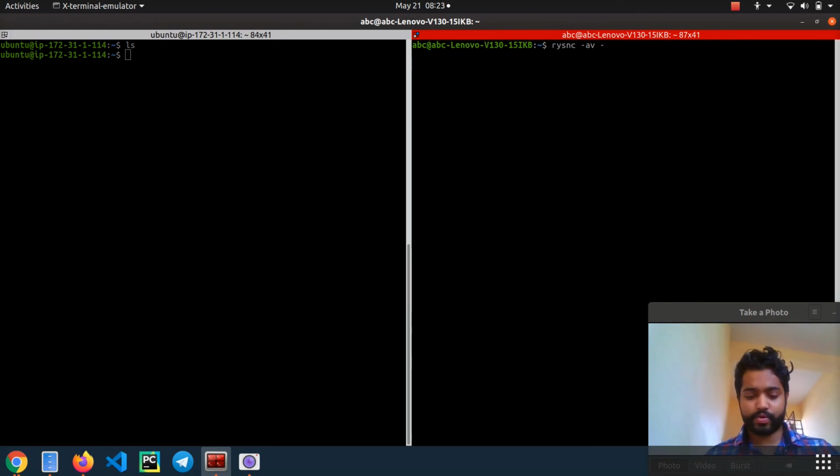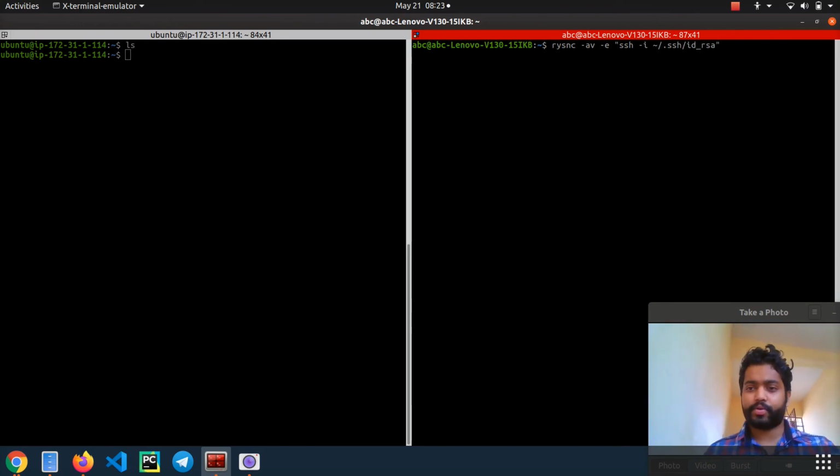And if you want to mention your SSH key, guys, you'll have to include this -e option, then ssh, and if you want to mention your key, you can mention it over here. Like I'll do .ssh/id_rsa.